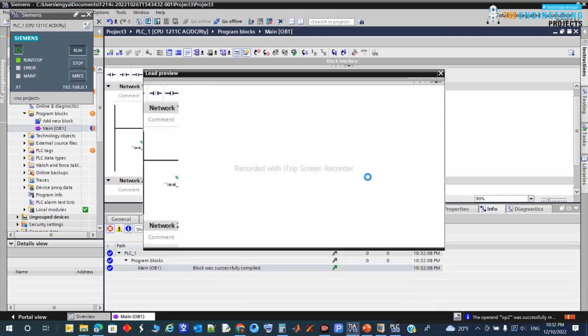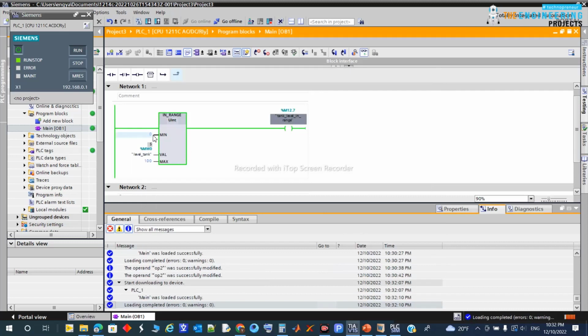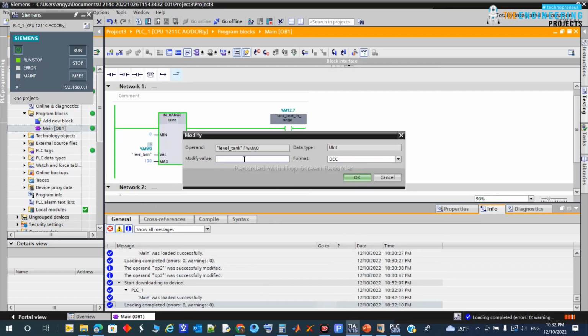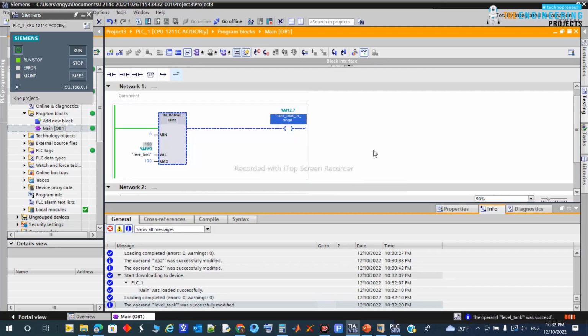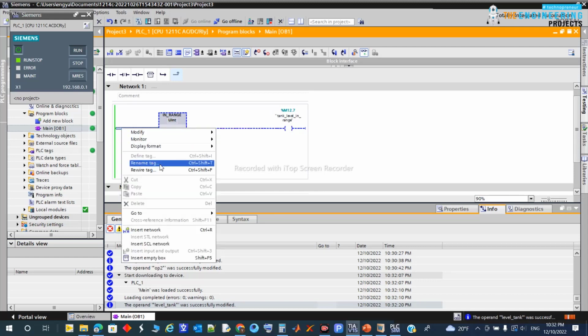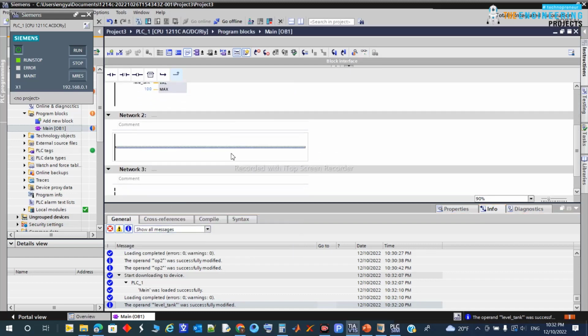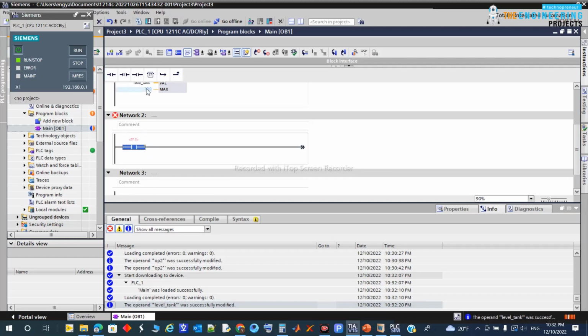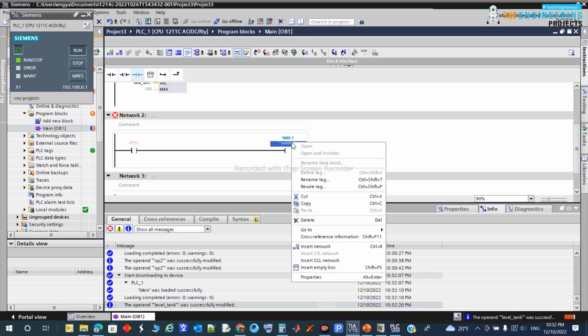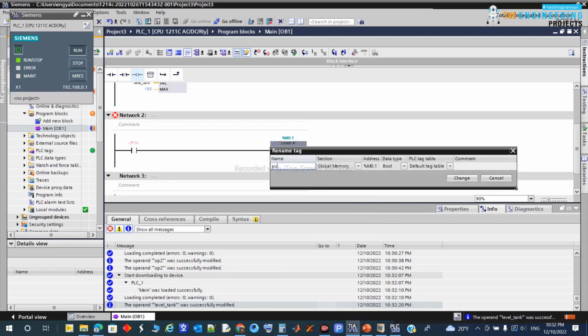If I download the program again, you can see 5 is within the range, but if it is greater than the limit, like 150, the level is now out of the range. So you can use this contact to energize or stop the pump. For example, I can add a new network, insert a new network, and use this contact to run a pump. This is M01, and this M01 is the pump